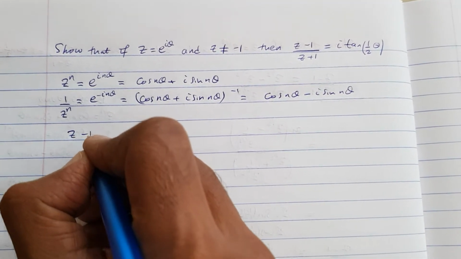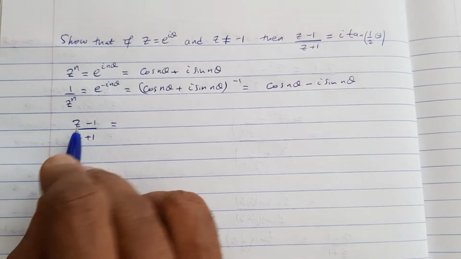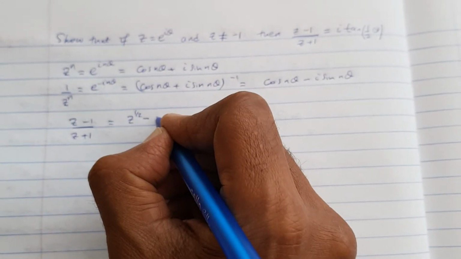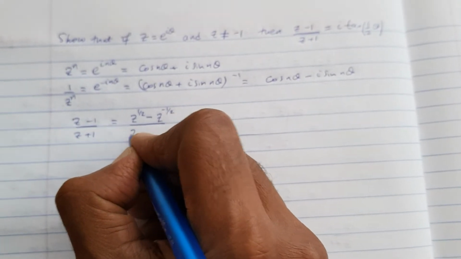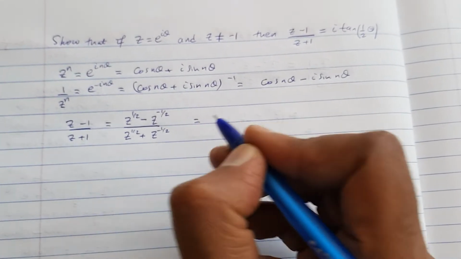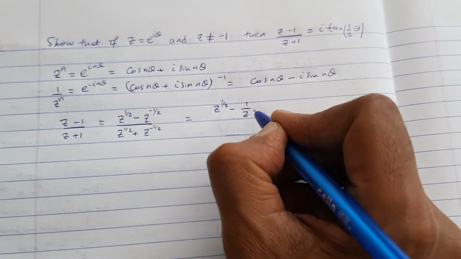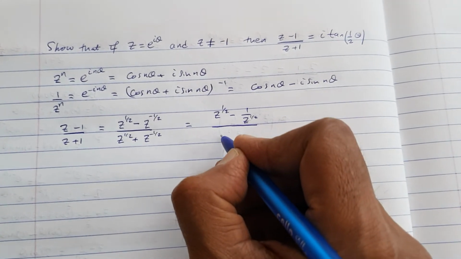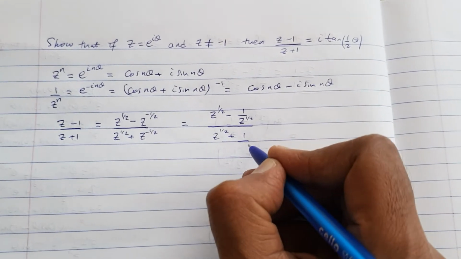And let us recognize this now. I've got (z minus 1) over (z plus 1). This can be rewritten as z to the half minus z to the negative half, divided by z to the half plus z to the negative half. Now, why is that? Basically because if you take z to the half minus 1 over z to the half, divided by z to the half plus 1 over z to the half,